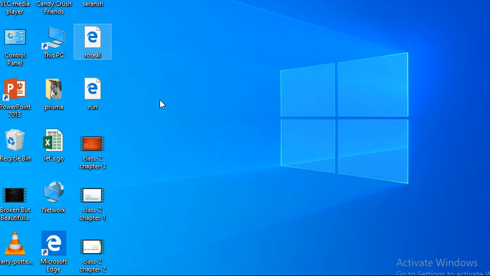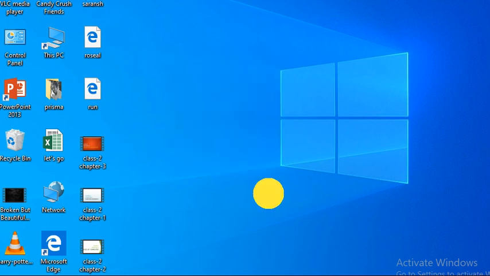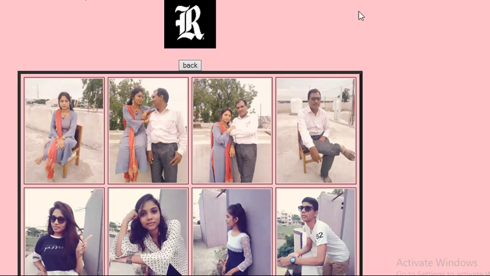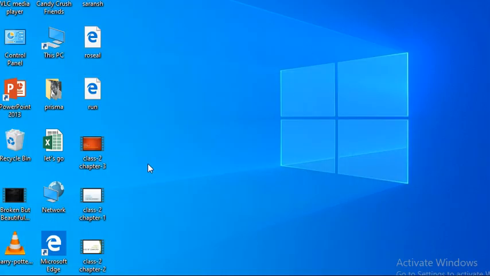And the next type of action is right click. Just like this, I'm clicking the right button of my mouse. In this way, a window will appear here. This is used for selecting various functions of a computer. Now the next action of our mouse is double clicking. Just like this, if I click two times on a particular slide, then that particular slide will open. In this way, we can also perform this action.